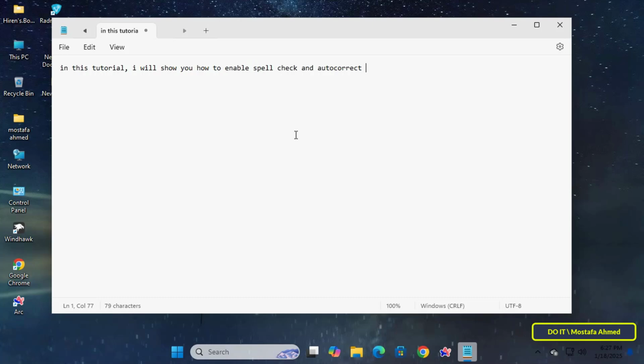This simple feature can help you work faster and with fewer errors, whether you're writing notes, formulating ideas, or working